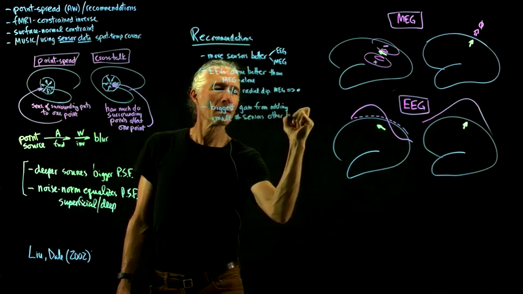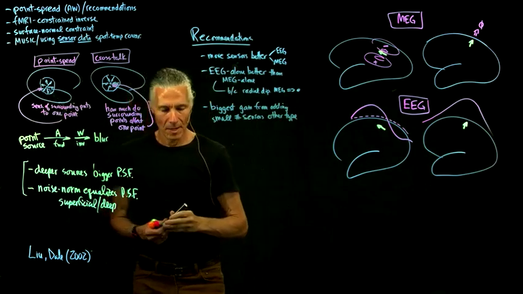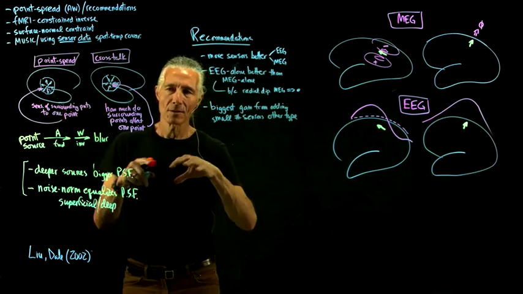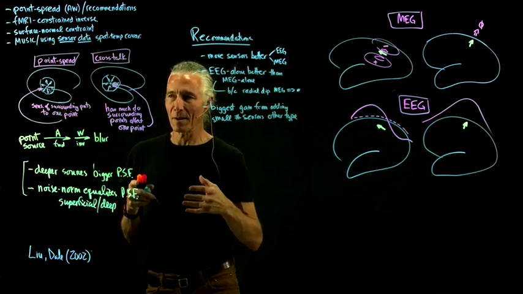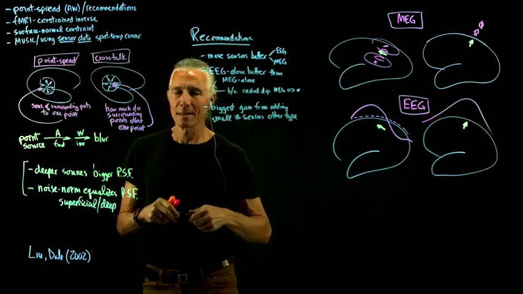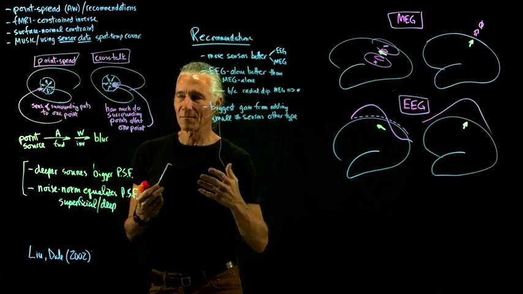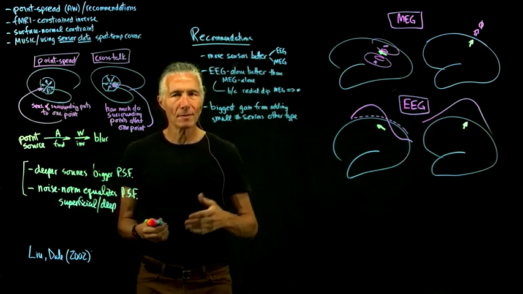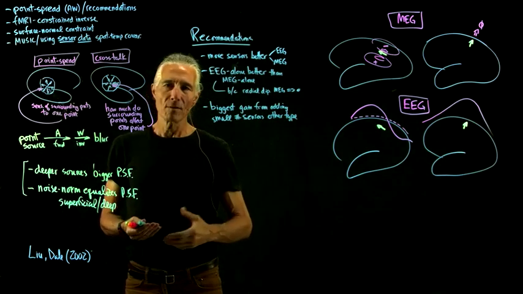So you gain a lot by adding some sensors of the other type. The thing with MEG is MEG detectors are arranged into this device, and there's a lot of them, like there might be 300 individual SQUIDs in MEG, so it's no problem collecting a lot of those. But it turns out even adding just 30 EEG electrodes, it would be nice to have